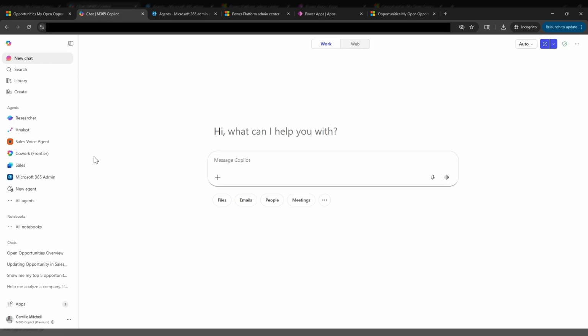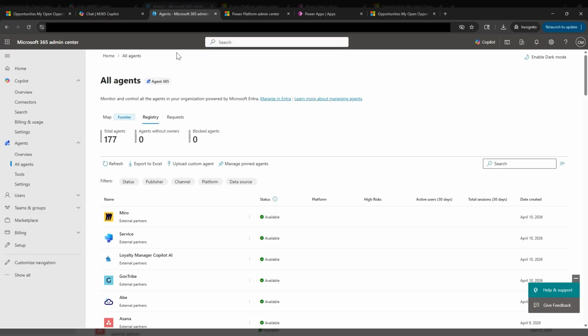And what we're looking for here is obviously you have to have your M365 Copilot license in your tenant and be a licensed user. You also have to be a Cowork Frontier user as well. And I'm going to show you how to turn that on if you're not part of the Frontier program. But obviously, to get the best experience, you want to be in Frontier. And so if I go to my M365 admin center,